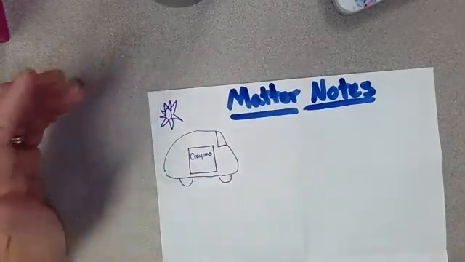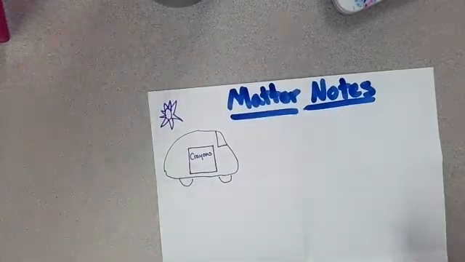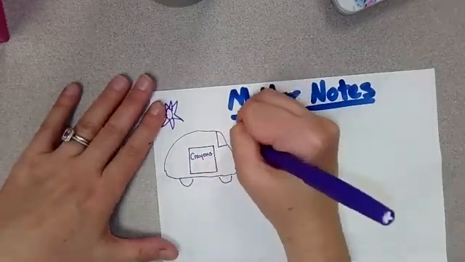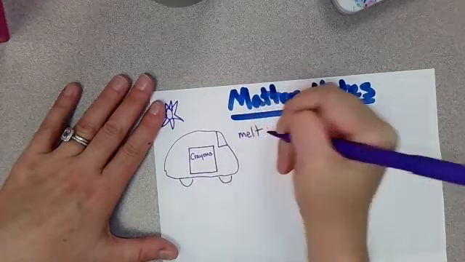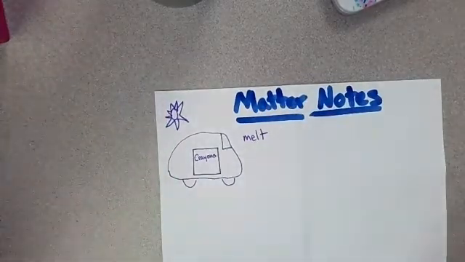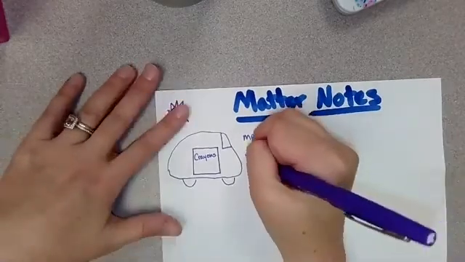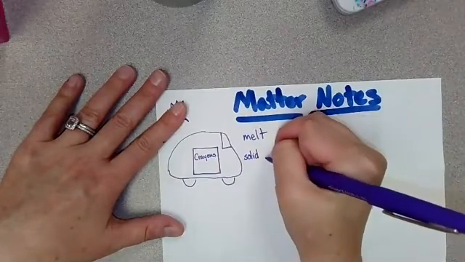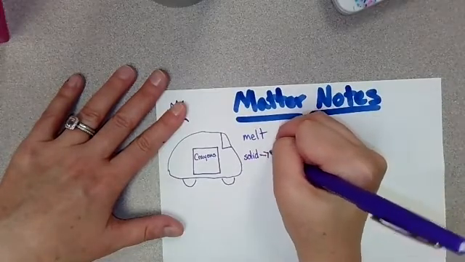So what is going to happen to these crayons? Brennan, what's going to happen? They're going to melt. Very good. And can you tell me, melting is moving from what state of matter to what state of matter? It started off as a solid, and then it turned into a what? Very good.